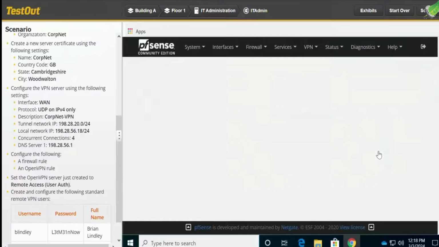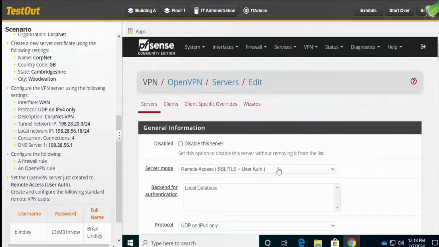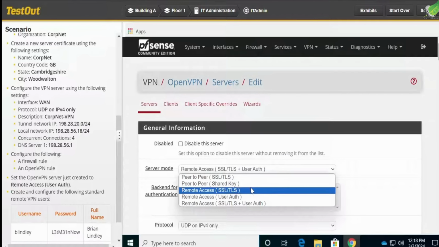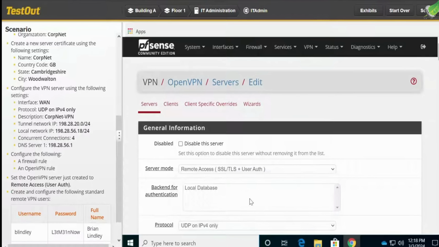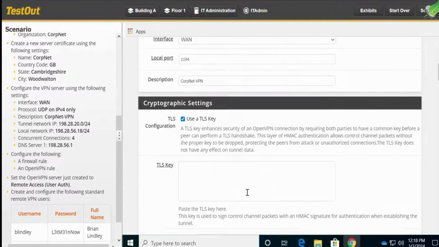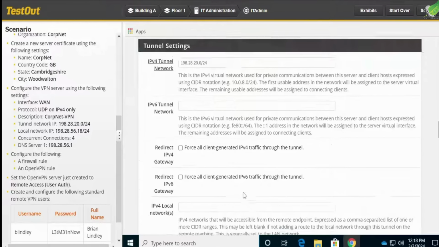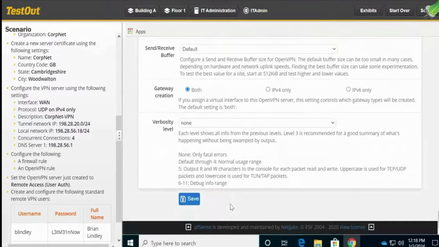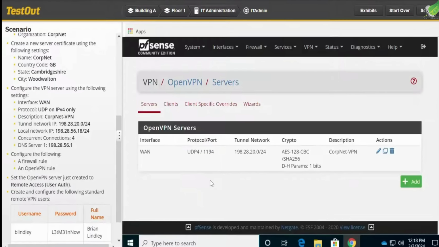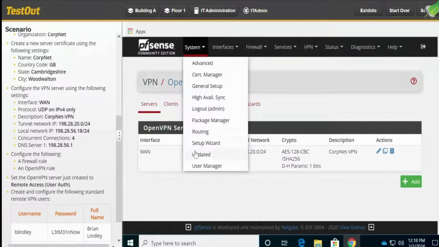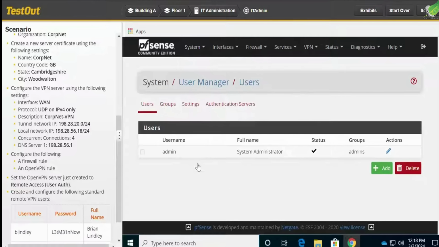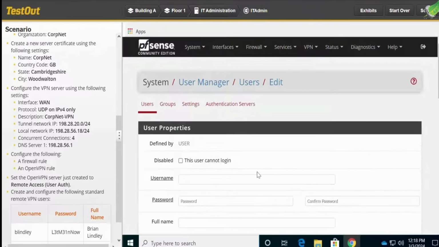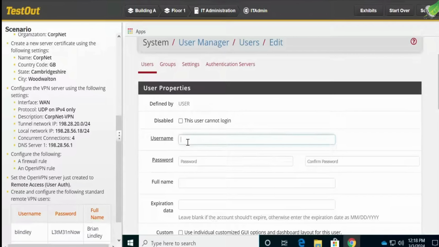and click on edit, and we change this to remote access user authentication, and scroll this down, and then we click on save, and we go to system, scroll down to user manager, and click on add. Now under add user, go to username,